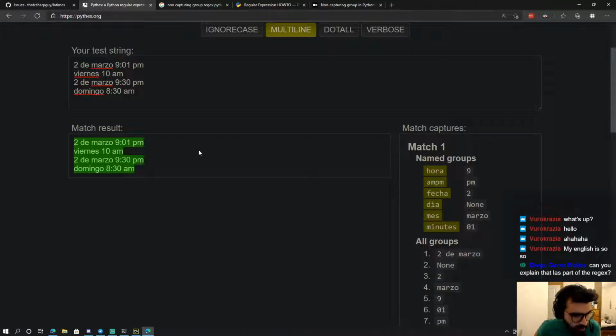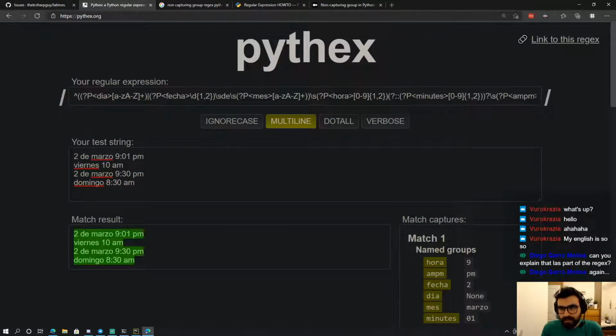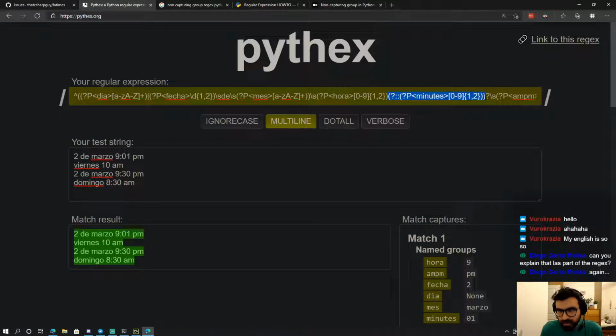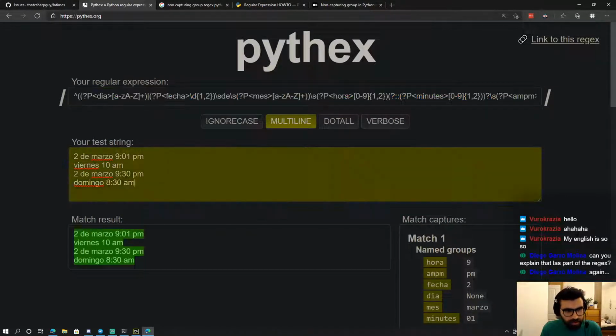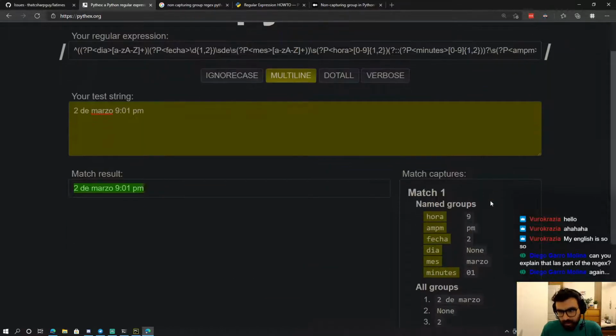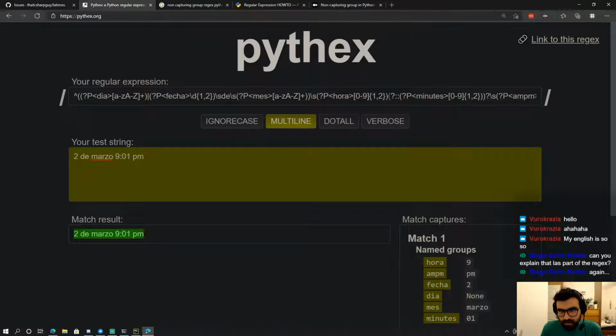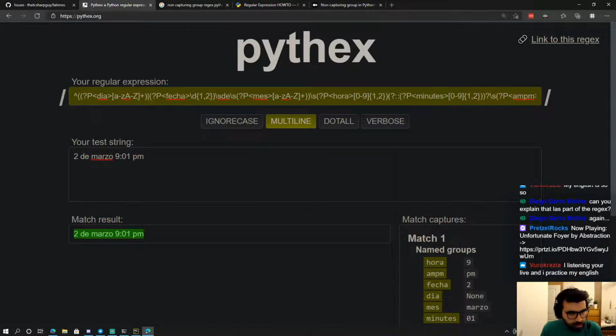Can you explain the last part of the regex? Yes. Which part? This part. The last thing that I did. So again, I think it's better now if we just have one case. So what we have here is